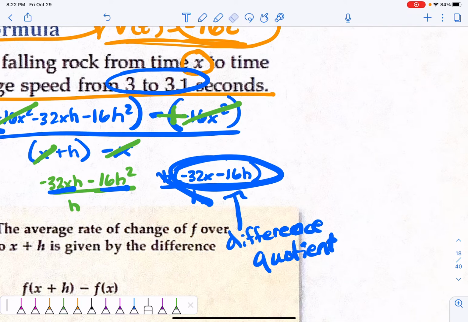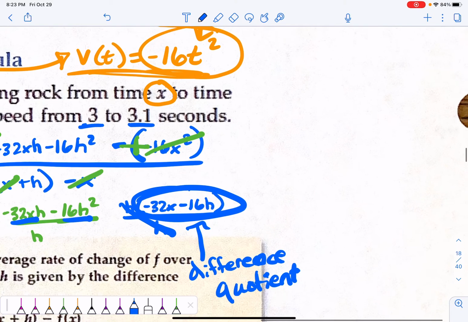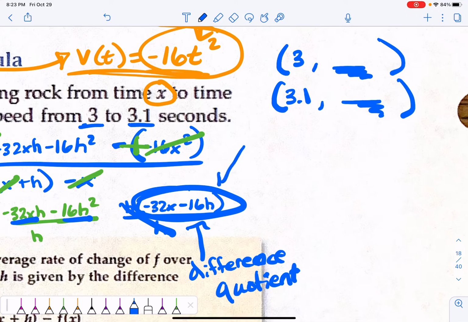So we want to find the slope, or the rate of change, from 3 to 3.1 seconds. Before, we would have had to go to 3 and figure out what that value is by plugging in, then go to 3.1 and figure out what that value is, and then find the slope from there. But if I already have this formula,